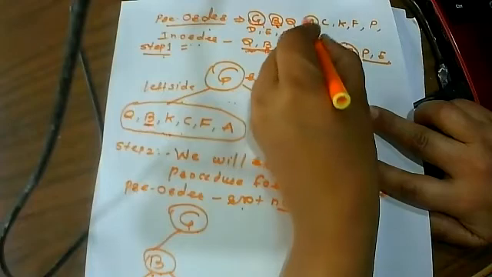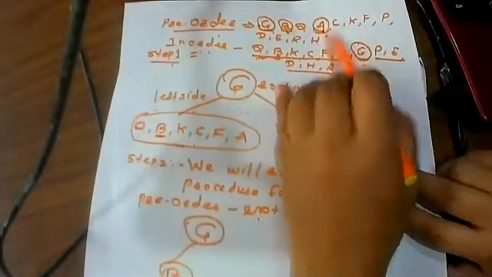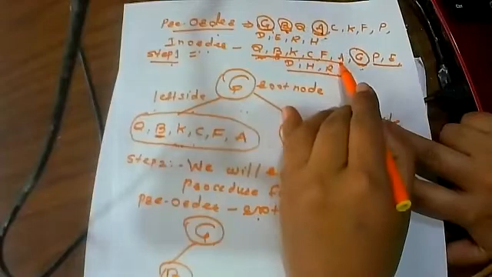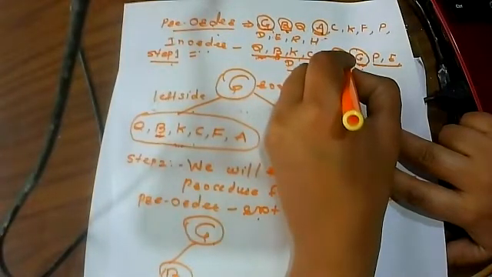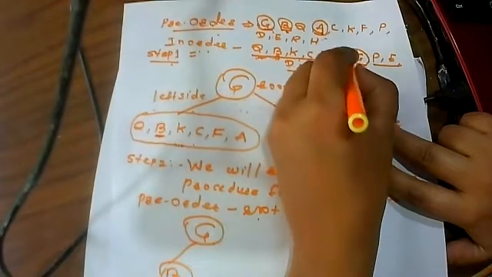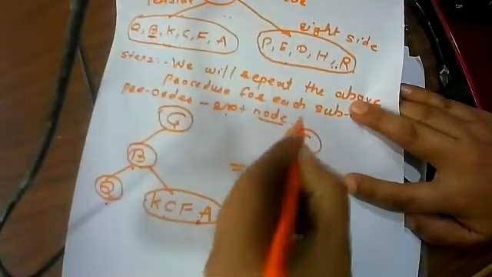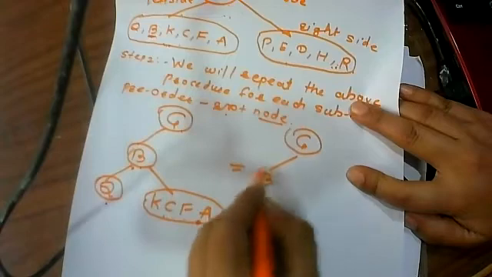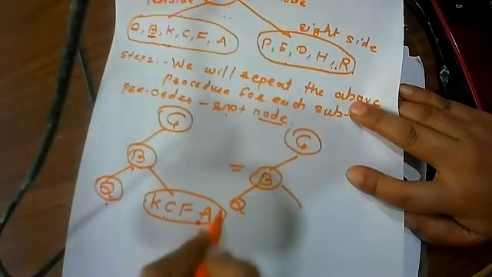First A. That means who became our root node now? A. Okay, so again I am elaborating here. A will be the root node. Okay fine, here we found A is the root node, but now we have to find out in in-order where A is. A is pointing to here. So how will the sequence be formed? A pointing to here means again we'll elaborate this tree. Okay, that is G is here, then our B pointing to here. Okay, here Q as it is. This one by one step we are going to follow.